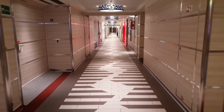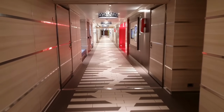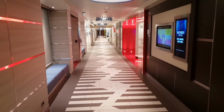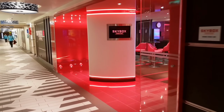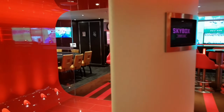There's not big gaps in spaces here. So here we are walking now midship to aft, and you're going to see the Skybox sports bar. I like this lounge, but I'm a bit of a sports fan, so...